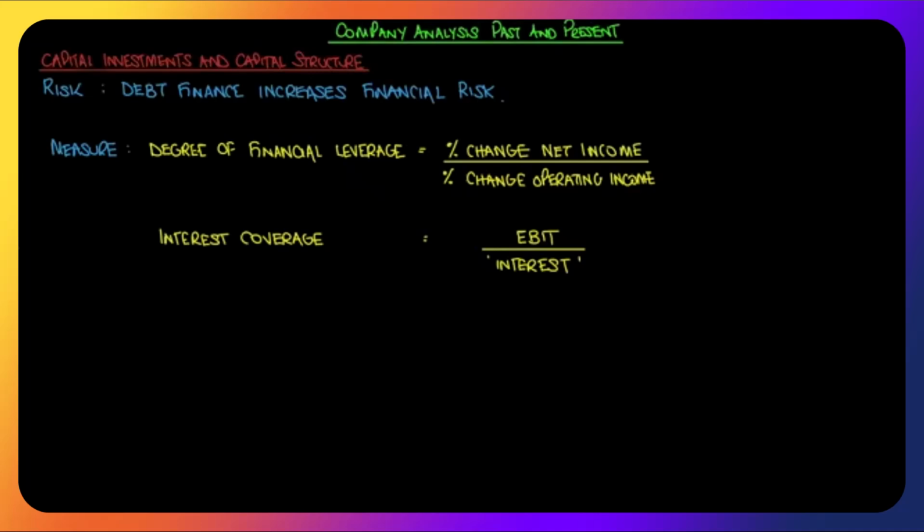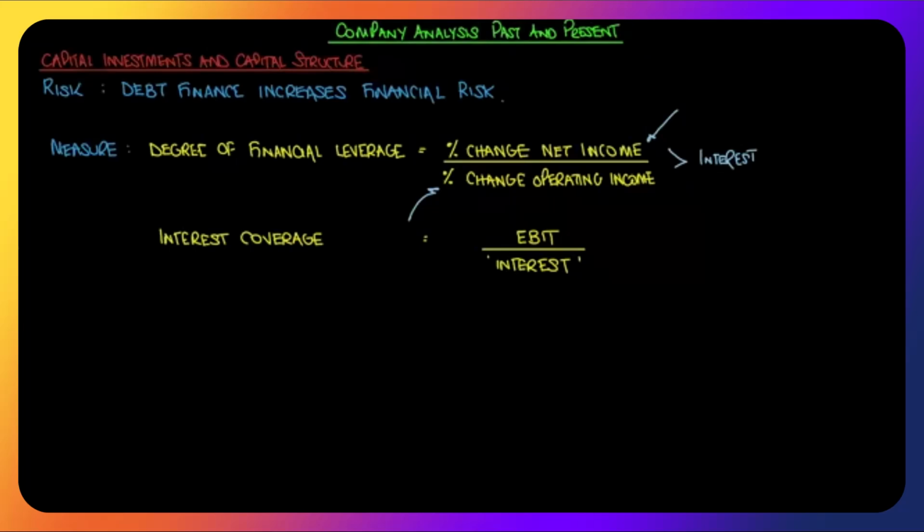Raising debt finance increases financial risk. Why? Because it will increase the volatility of your net income. We can measure the degree of financial leverage as the percentage change in net income given a percentage change in operating income. The difference between these two is interest. The higher your interest, the greater your financial leverage, the bigger the change in net income given a change in operating income. So it may just be that Warehouse Club does not want to expose their equity holders to